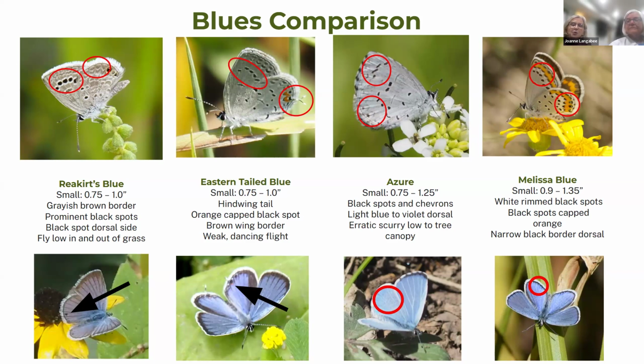The Melissa Blue is not at Lawrence. We've only seen one, and that was at Fontenelle Forest. They like more open areas or a little bit further north, maybe. But they're characterized by this orange row of spots. And the female has this nice orange when it's inside. Male does not. But they're not real common here.